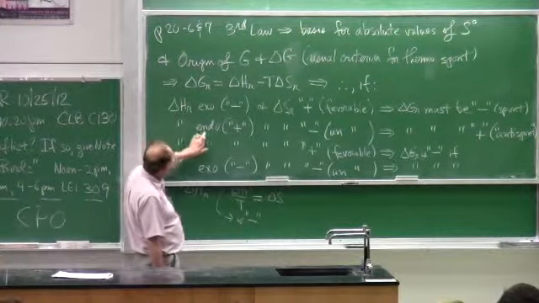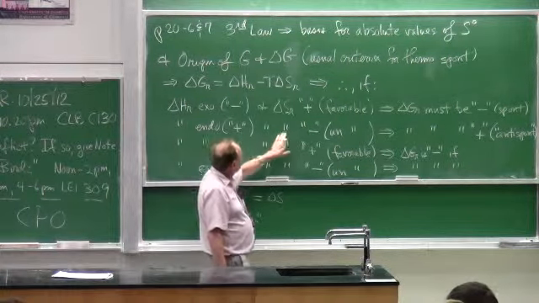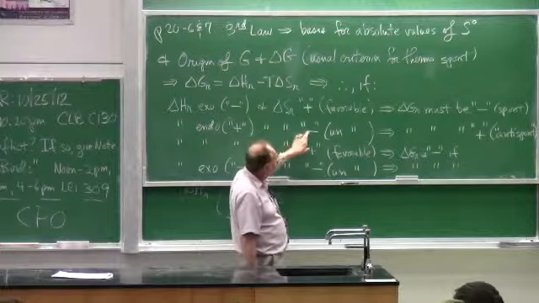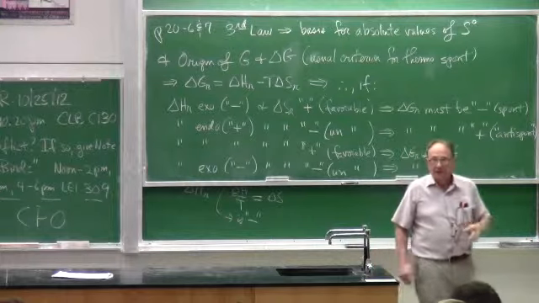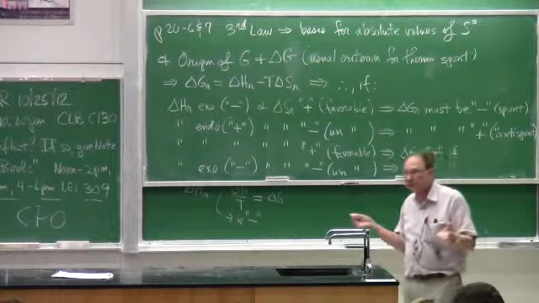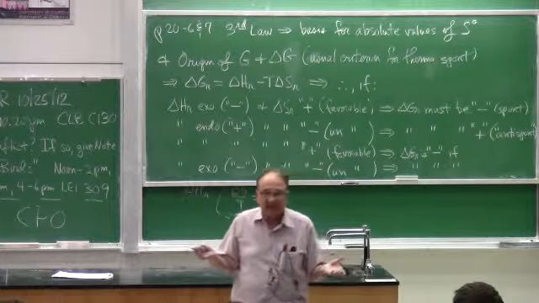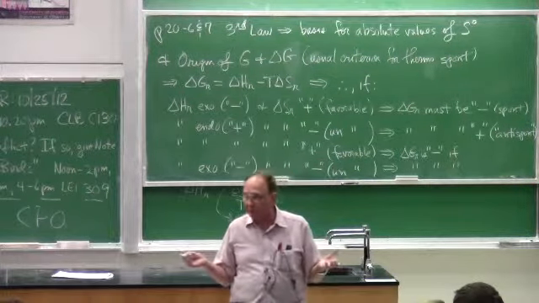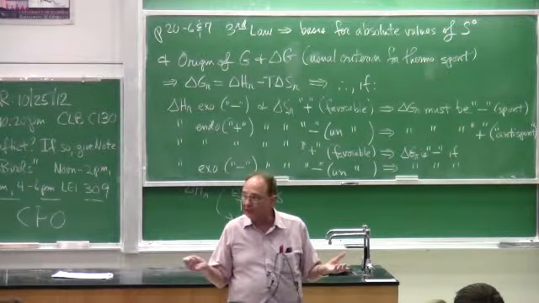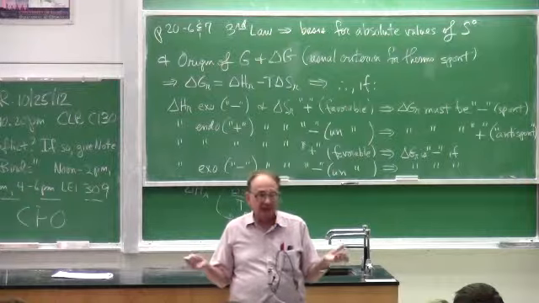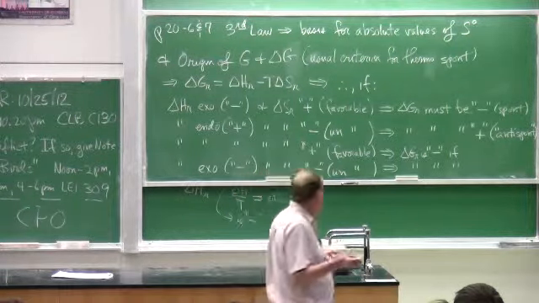But if delta H is endo, bond disimprovement process, and the change in entropy is also not favorable, minus, this guarantees delta G to be plus. So if you have each of the system components present, reactants and products for a reaction, I use the term anti-spontaneous because a change will occur in that system, but it will not occur left to right, as the equation for the reaction is written in red. It will occur in the reverse direction. Products will convert to reactants.